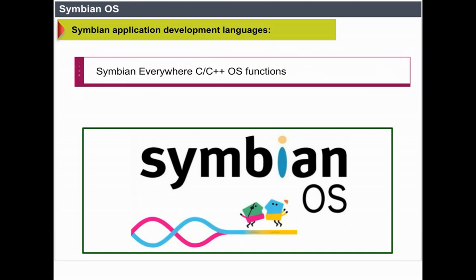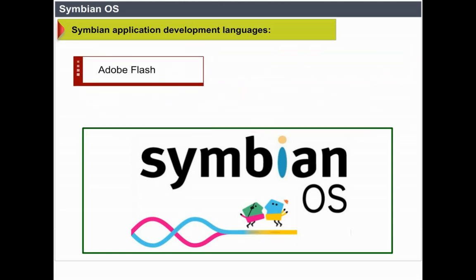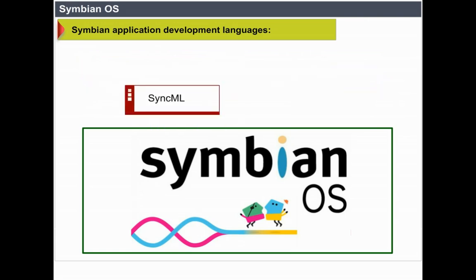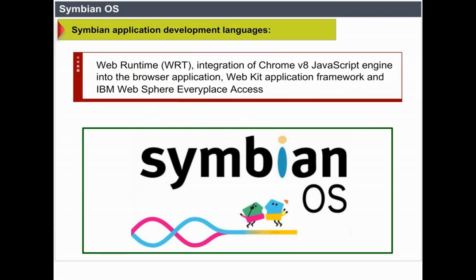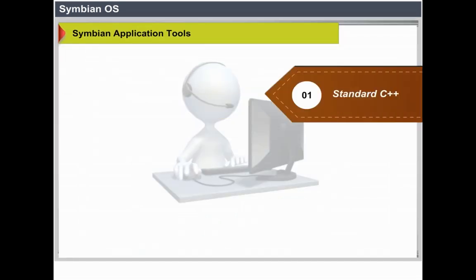Symbian Everywhere C, C++ OS functions. Symbian C++, Python, Adobe Flash, GUI development support on C, C++ and Java platform. SyncML, Web Runtime WRT, integration of Chrome V8 JavaScript engine into the browser application, WebKit application framework and IBM WebSphere Everyplace Access. Symbian application tools: Standard C++,